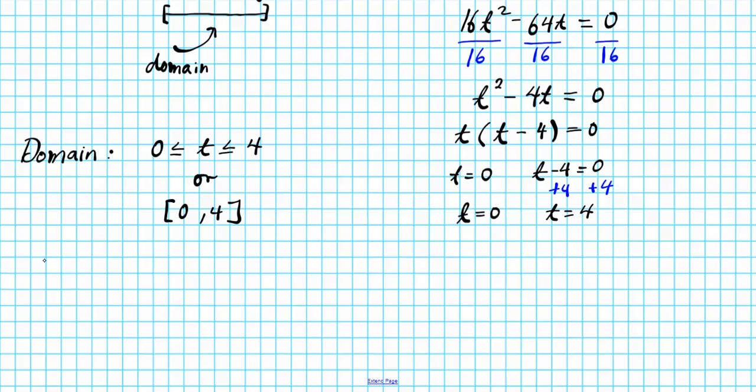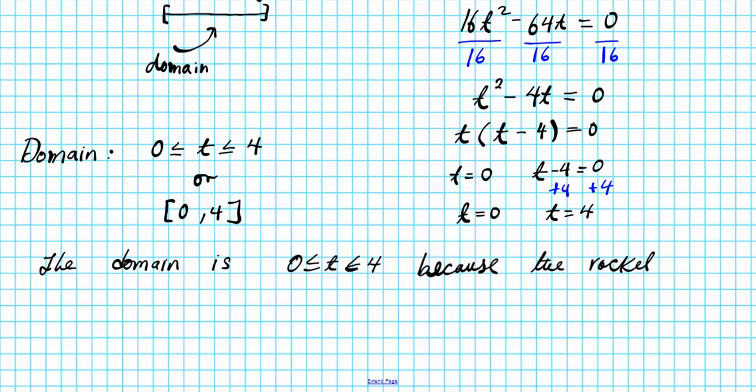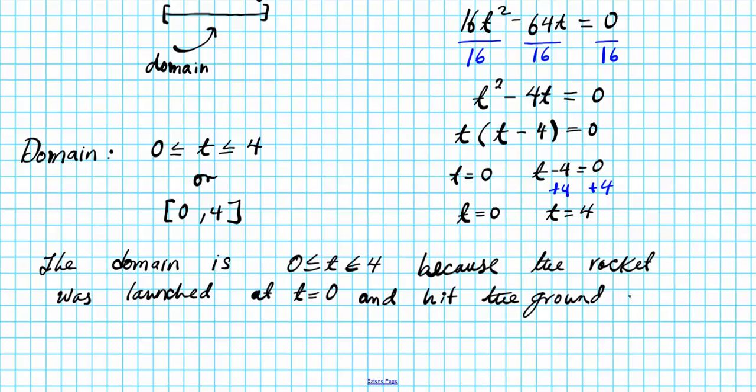Okay, so all you simply say is that the domain is 0 less than or equal to t less than or equal to 4 because the rocket was launched at t equals 0 and hit the ground at t equals 4. Okay? This is a time interval